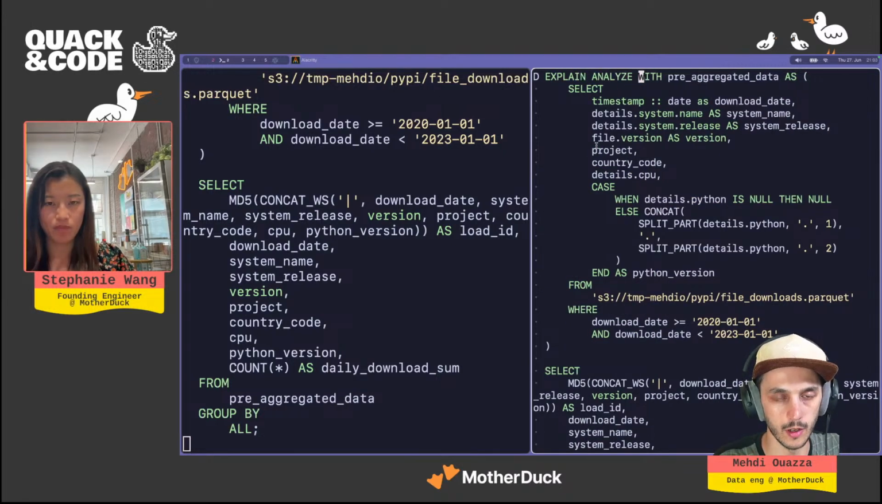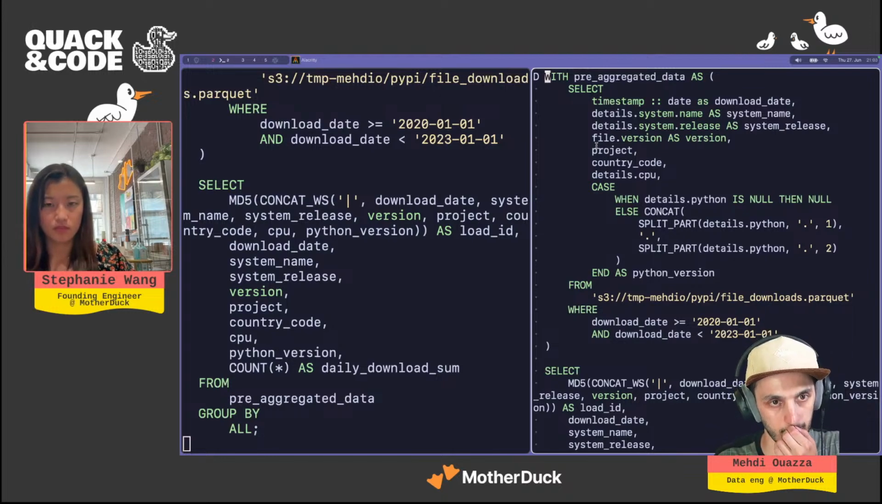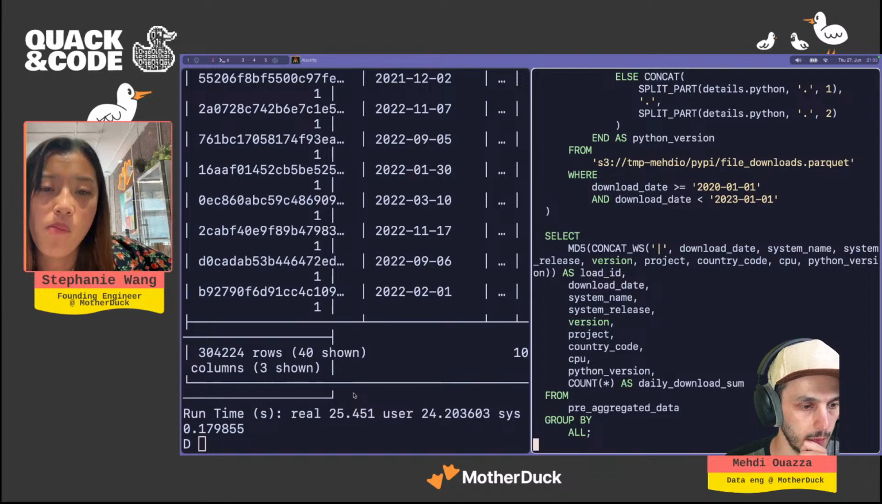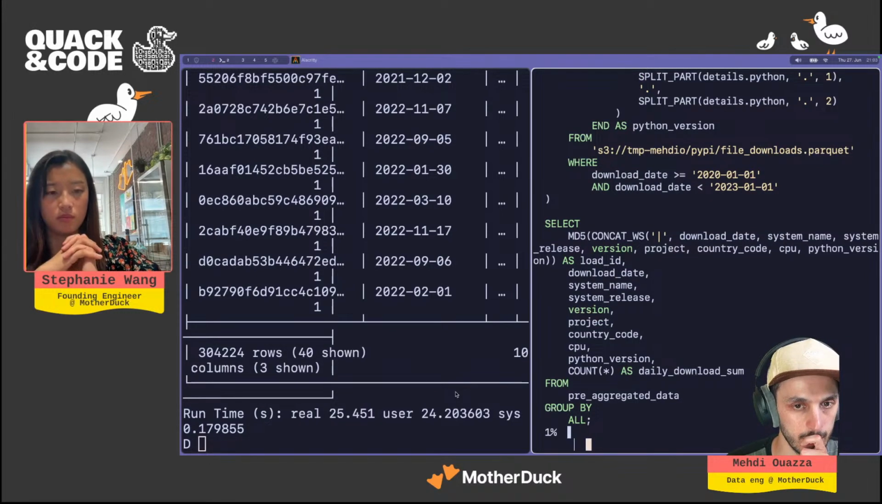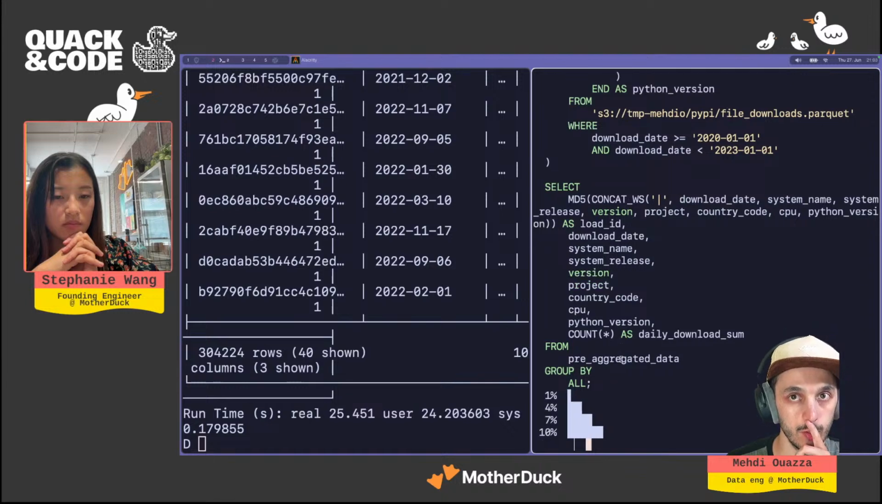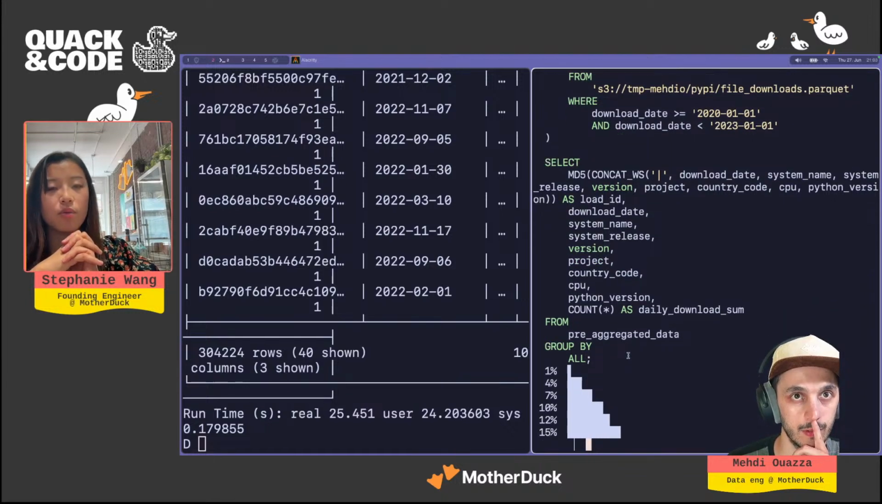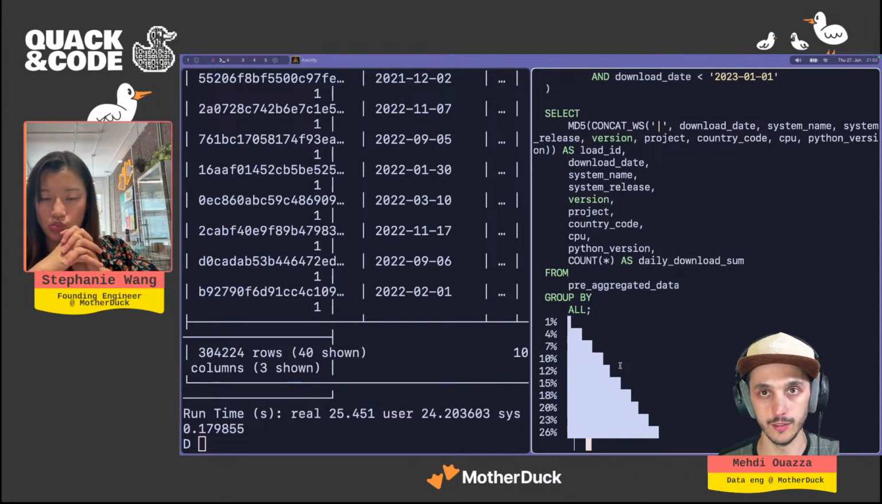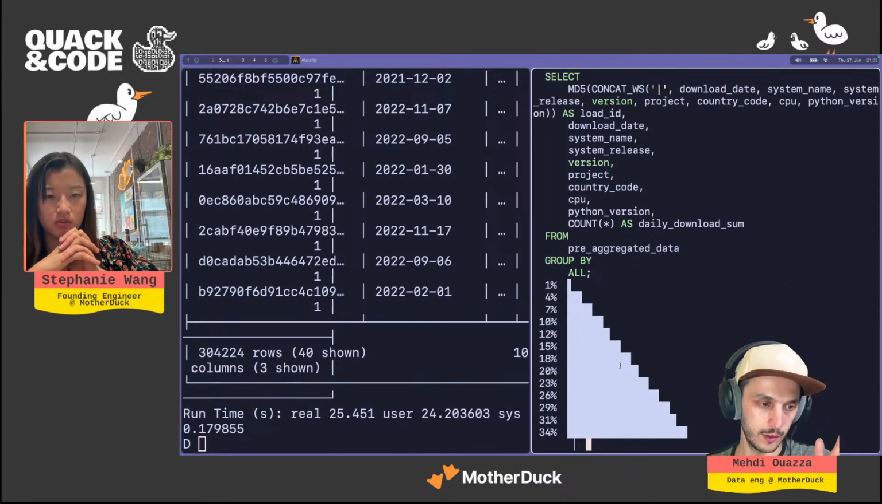And so this is not using MotherDuck. This is just using DuckDB and S3. And so here we see that we have 25 seconds. But here what's going to happen is that it needs to download the data, right? Exactly. And so the larger your data set is, which here is still relatively okay,